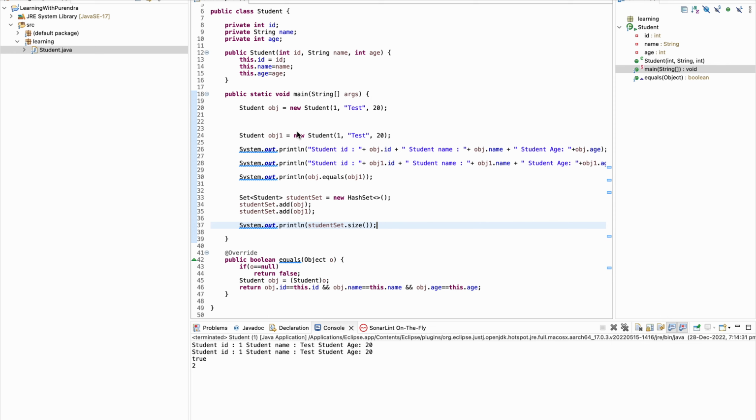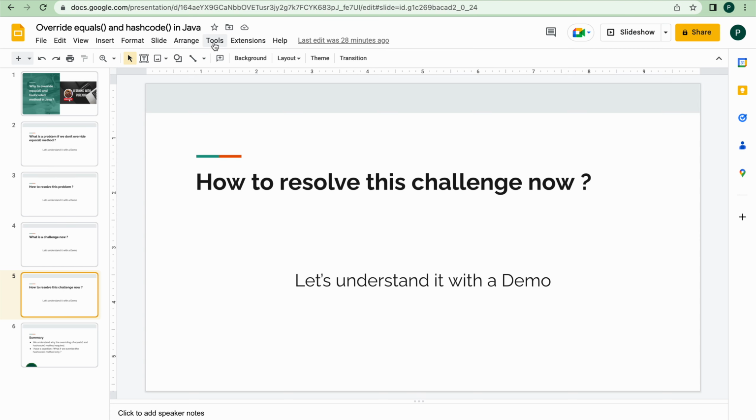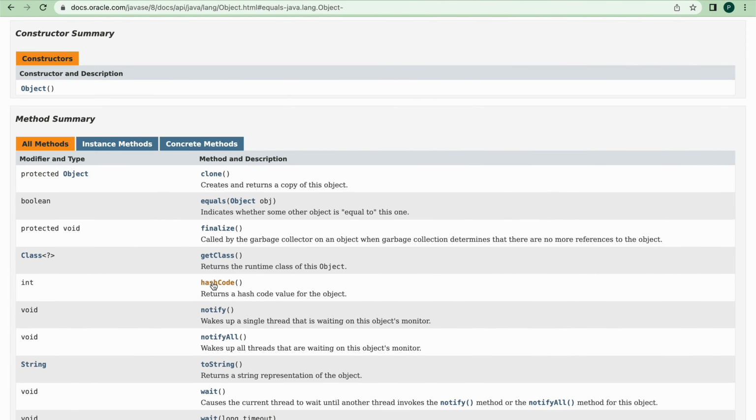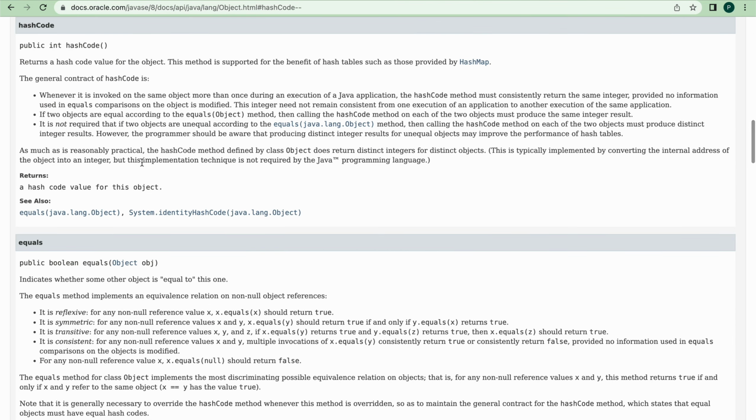To resolve this type of challenge, there is a concept of a hash code. Before we understand much about hash code, I will go through the Java docs where I can show you the hashCode method, which is present in the java.lang.Object class. It returns a hash code value for the object.